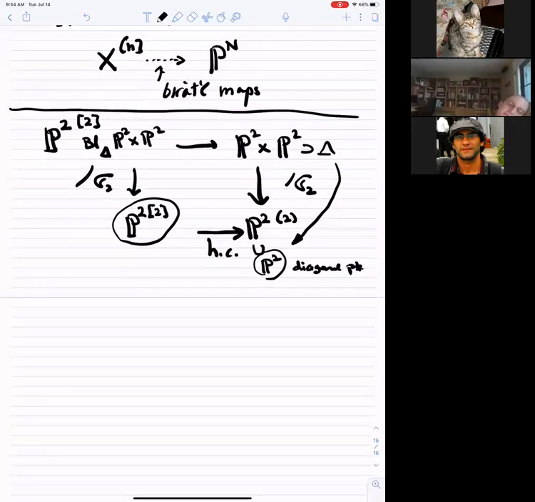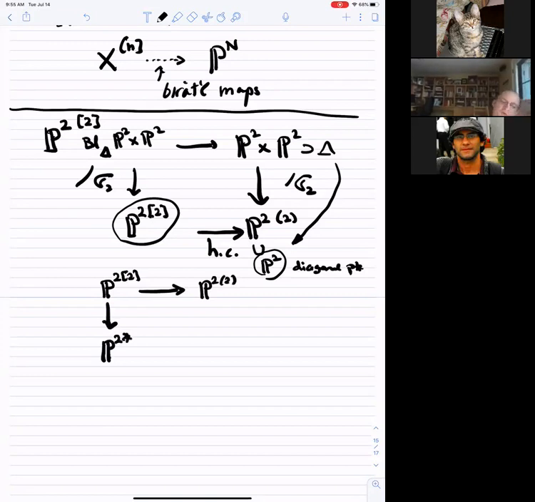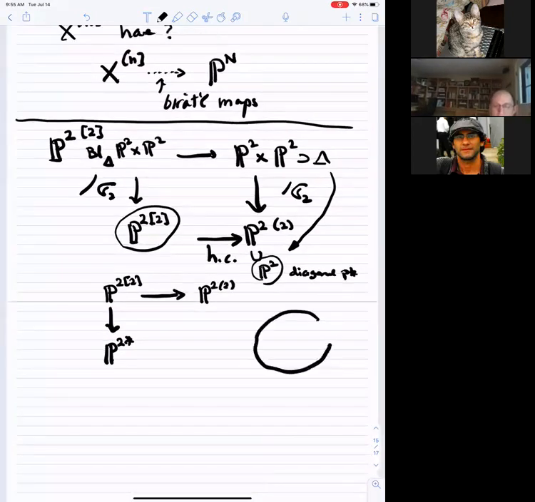And then you see this Hilbert scheme has one more map. So one interesting map, of course, is the Hilbert-Chow morphism. So this is the symmetric product. But this also maps to, if you want, P2 dual. Now, how do you map to P2 dual? Here is what you can do. So if you have P2,